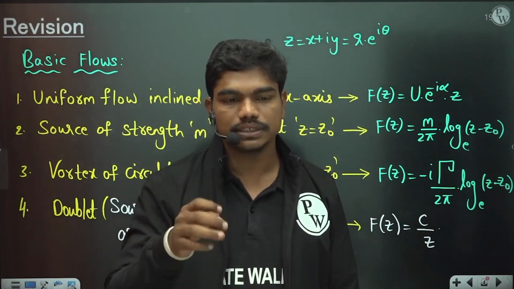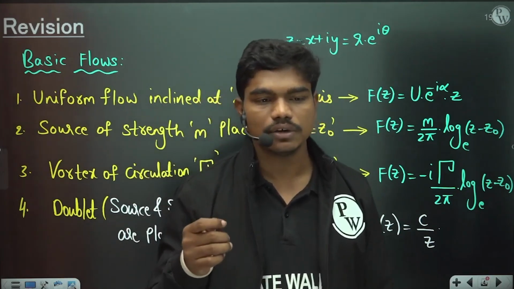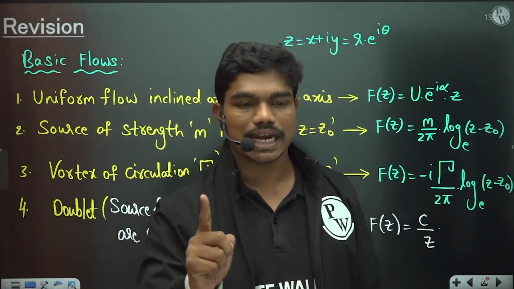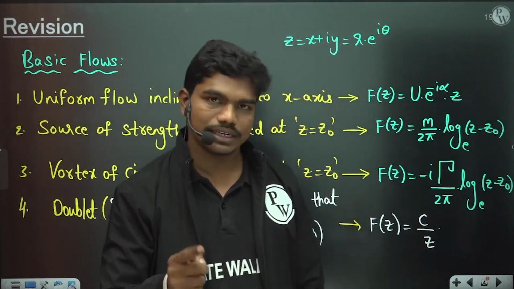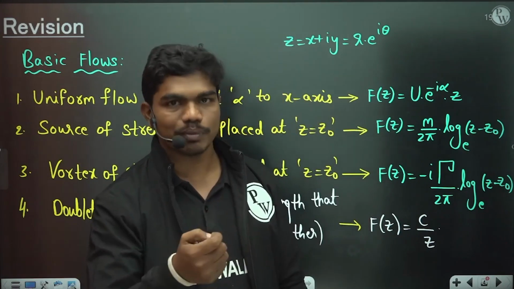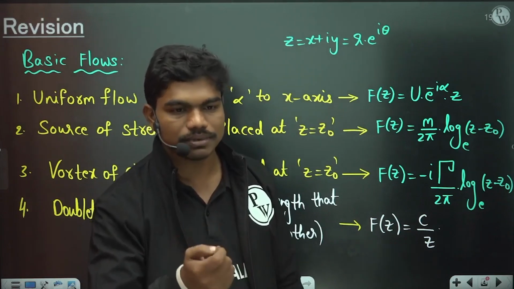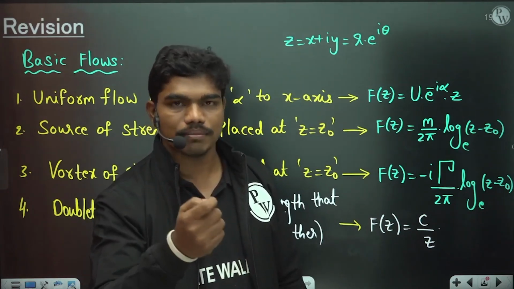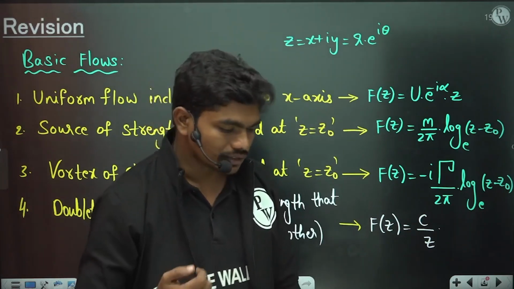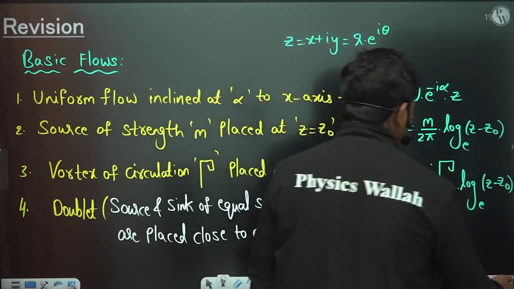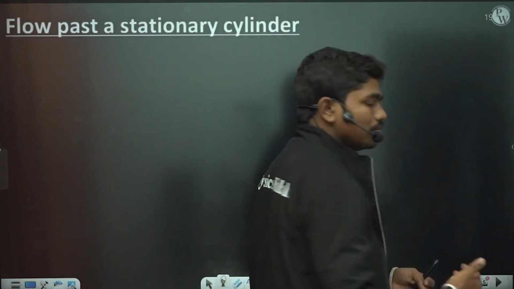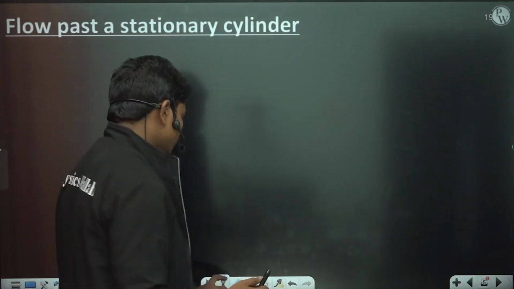In the case of flow over this Rankine half body, when you equated total velocity to 0, means when you equated f dash of z to 0, how many stagnation points? Only one stagnation point, correct? And that stagnation point is also at a radius of m by 2 pi u, and of course in terms of complex numbers z is equal to minus m by 2 pi u. Okay, so that's what we have seen. So in today's session we will go forward and we will try to look at superposition of some other flows actually. Okay, so the first case,